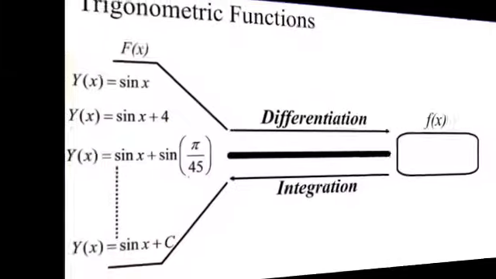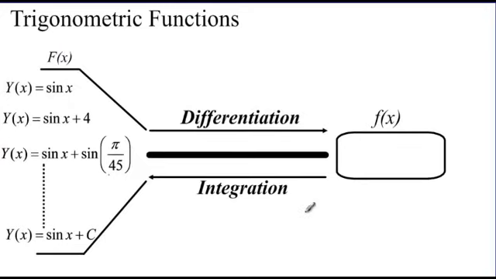Let's start this way. We have this familiar table by now. We've got an example of a transcendental function, sine x, and different variants of it, with c representing each of the constants, noting that here the constant is 0. So we know that if we differentiate this function, we call upon the immediate derivative of sine, which is cosine, and we retain the argument x, and we multiply by the derivative of the argument, dx,